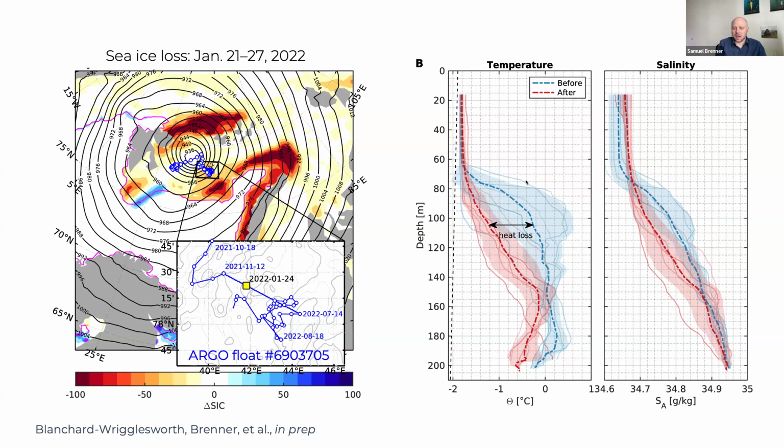And so this is kind of an example. I wanted to start with this as a motivational thing, because it's an example of how important the upper ocean is, and the structure and the interconnectedness between the sea ice and the upper ocean. And of course, the climate is shifting and sea ice conditions are changing. And so these types of coupling between the atmosphere and the sea ice in the ocean are also going to change as well, and that's going to have implications for how these events play out in the future.